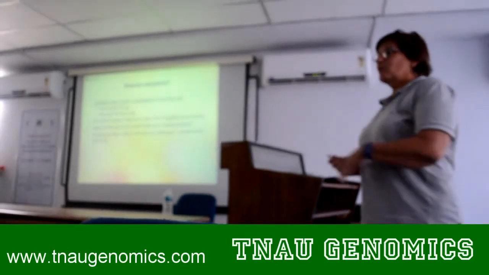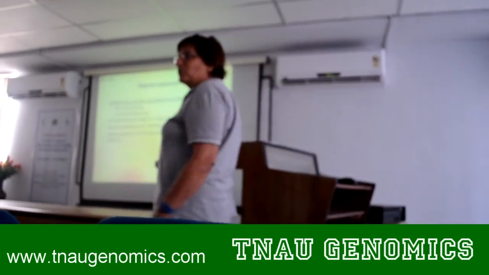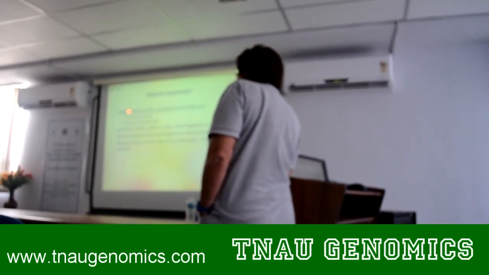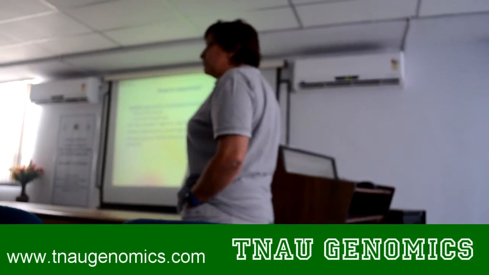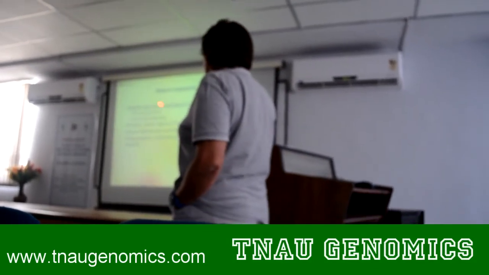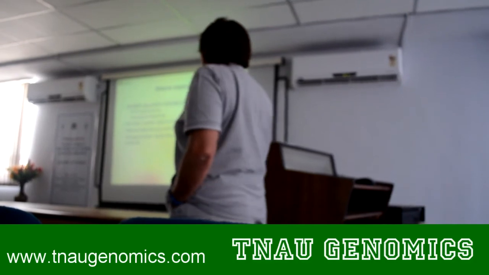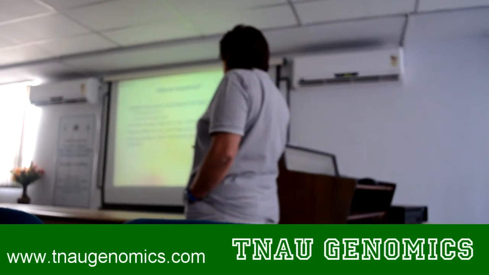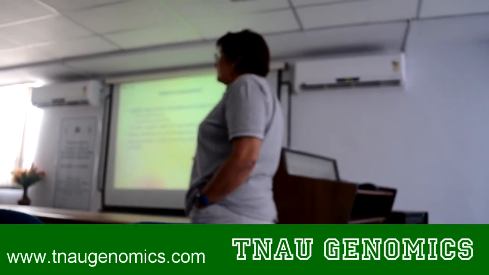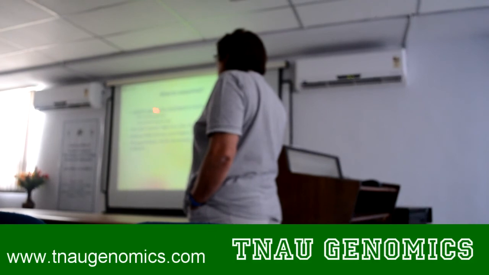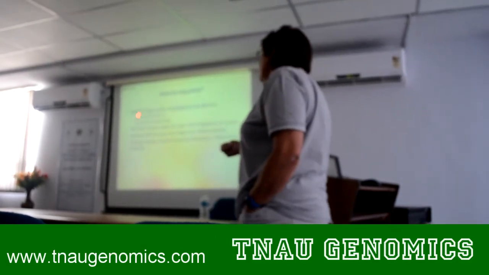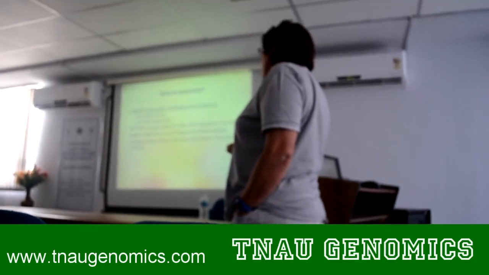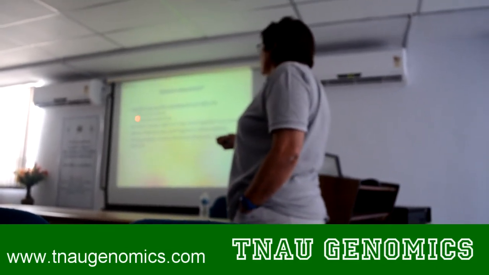How to sequence? Oh, it's not my field of specialty, and you will have a talk on that, so I will not go into much detail. Up to recently, everybody was using the Sanger method, which is the classical one, which gives high quality, relatively long fragments of, let's say, between 500 and 1,000 base pairs, but the cost is high. You can sequence either a PCR product directly, or you may have to clone the product before sequencing. Again, I think you will have a talk on how to clone